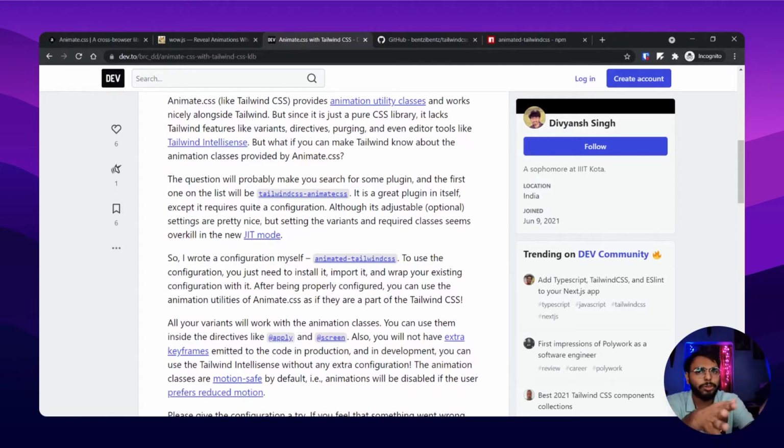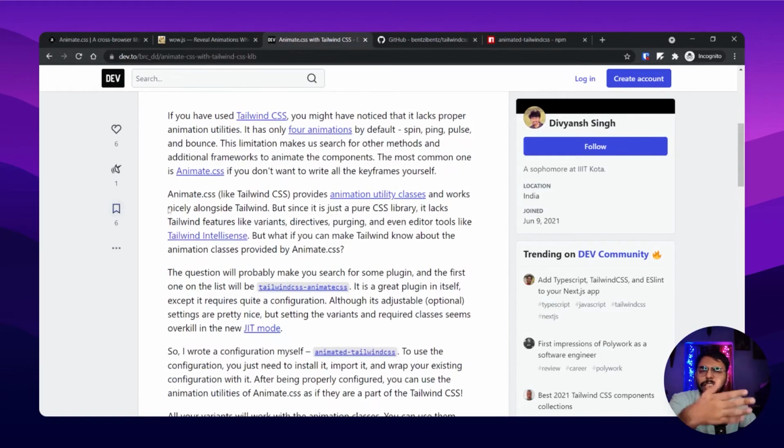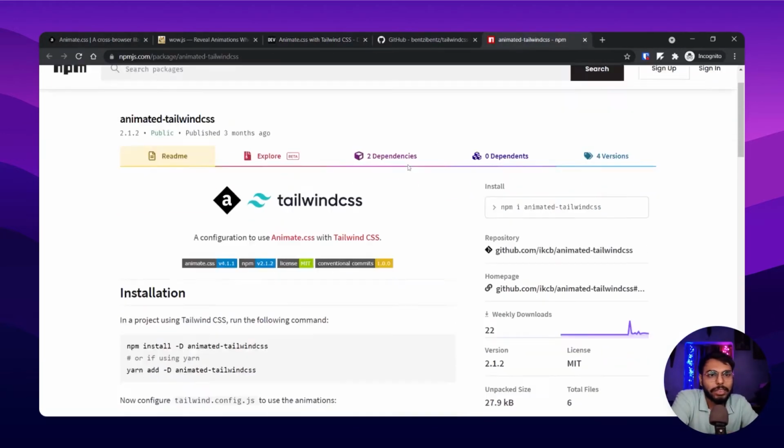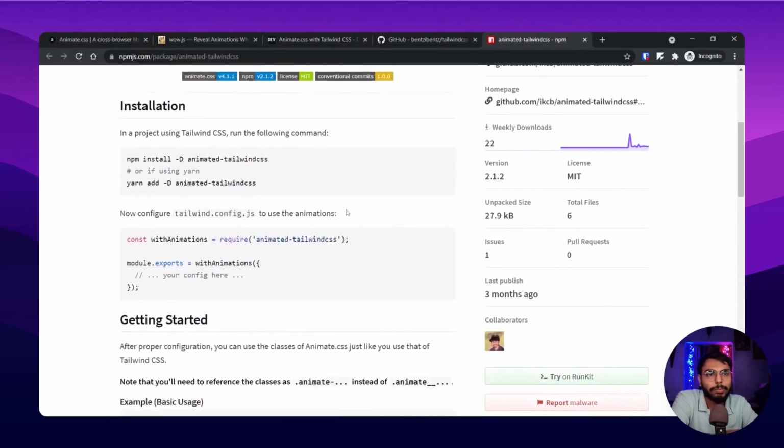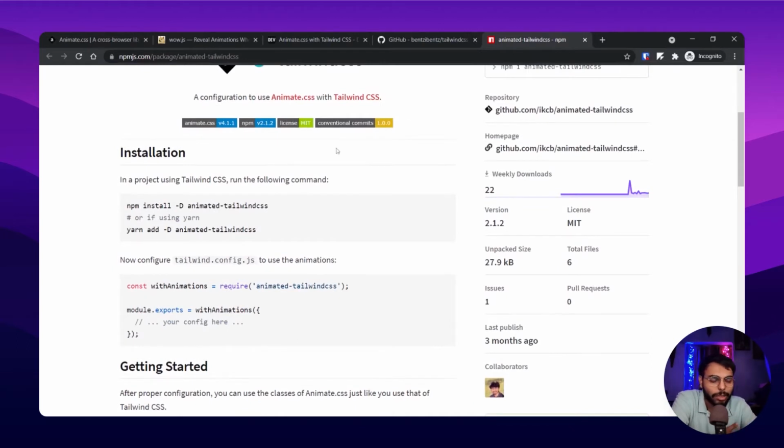So go through his blog. It's pretty short, and you will understand why he has done this. In his plugin you have to turn on the JIT mode and do the stuff. If you want to turn on the JIT mode, you have to set up the purge location and all. So that's another thing.